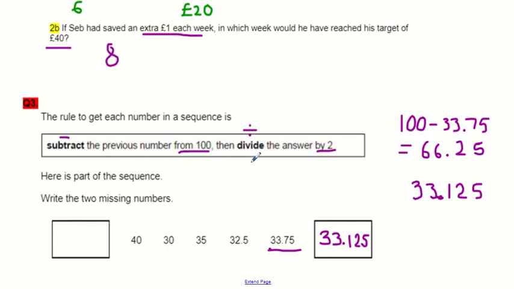Now the inverse is multiply. So I know I've got to multiply by 2. So 40 multiplied by 2 is 80. Okay, and then my next step, again, the inverse of subtract is add. So I've got to add,